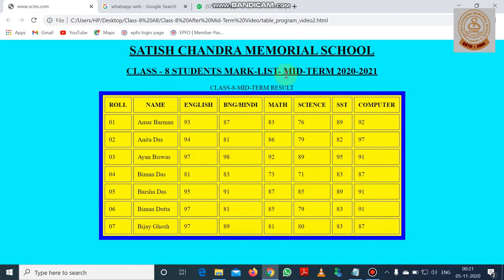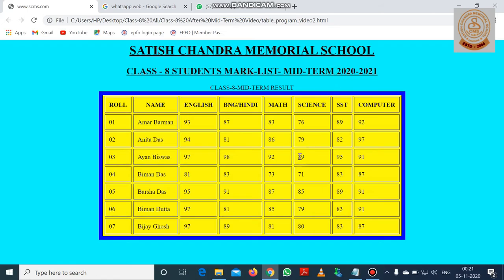After that, the second heading is coming: class 8 students mark list midterm 2020-21, and here you can see the size is slightly less than the first heading because H2 heading size was used. This second heading is also at the middle of the web page, and it is also in bold letters with the underline.